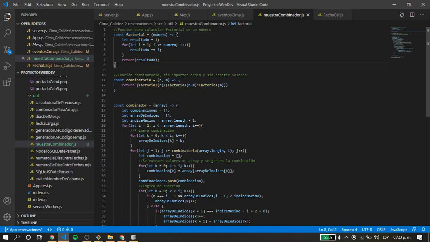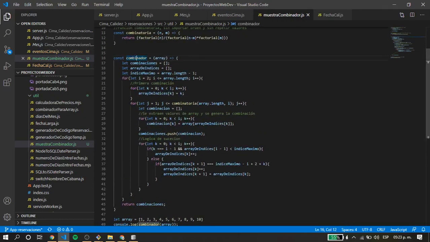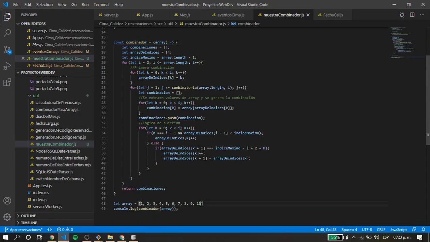This is a small function for factorial numbers, and this is my main function. This function does what I already told you. It takes an array. I'm going to make it shorter. This is like the main array I have, 5 cabins. I made this because if I want to make it for another application, like a hotel with hundreds of rooms, or just 7 rooms, I could use this function to make it work, because I could write all the possible combinations for my five cabins. It's not much, it's just 26